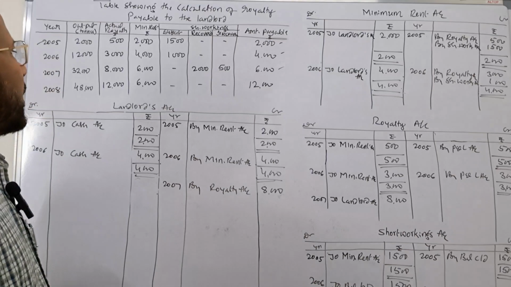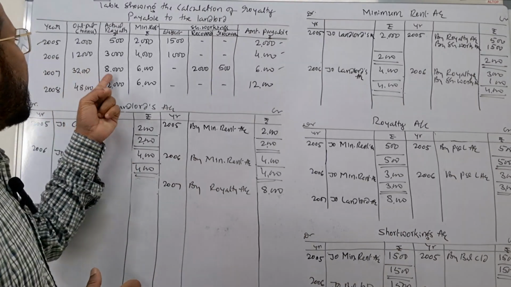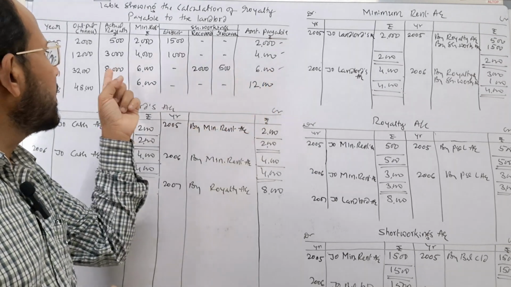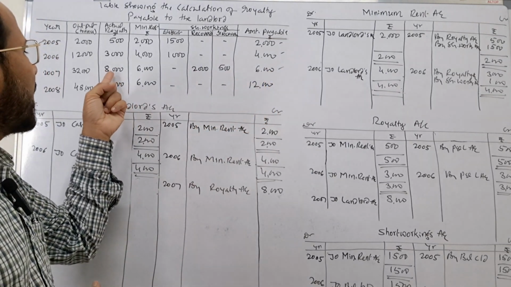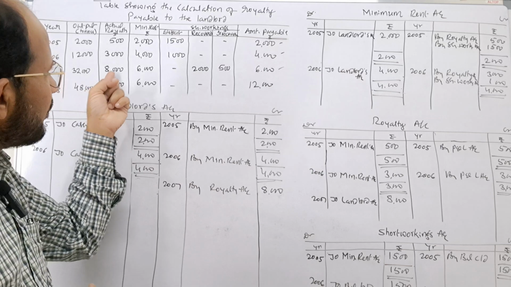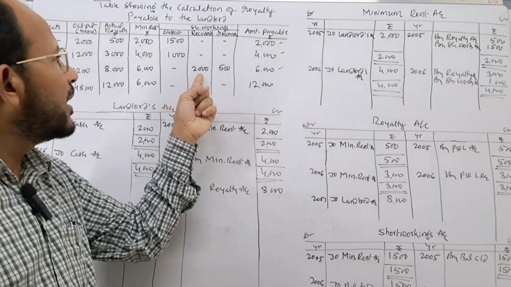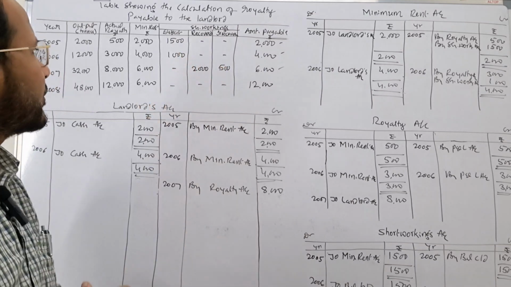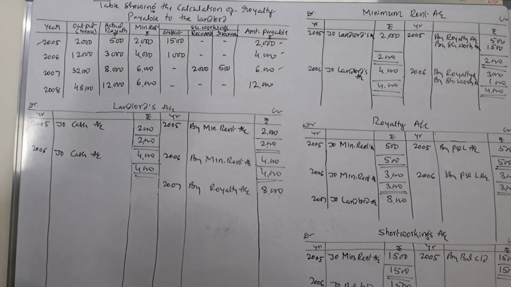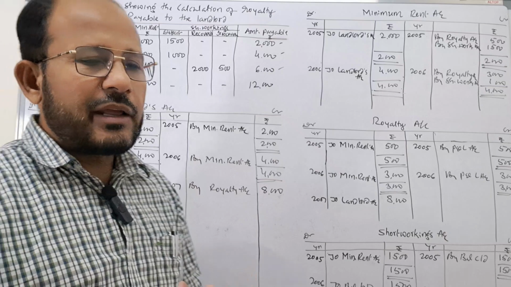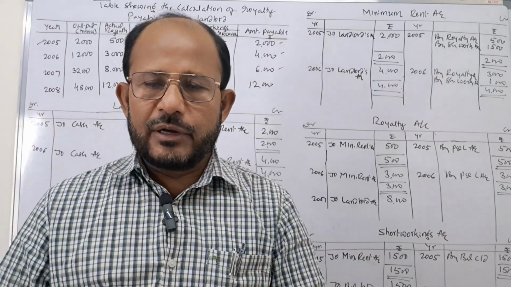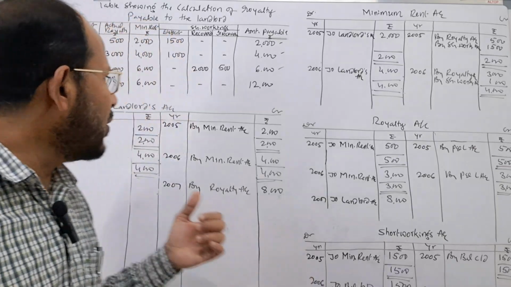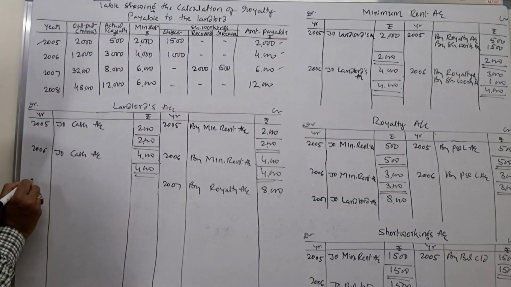Okay, now you see here, in the third year the payment made to the landlord was rupees 6,000 because whatever the excess royalty was there, that was applied for the recovery of short workings, rupees 2,000, and the remaining irrecovered amount is shown in the irrecovery column. That is why here, what journal entry is required to be passed for the payment of the royalty to the landlord? Here landlord account is debited